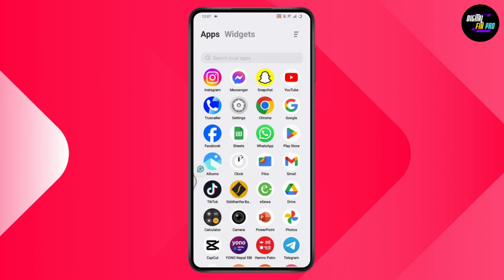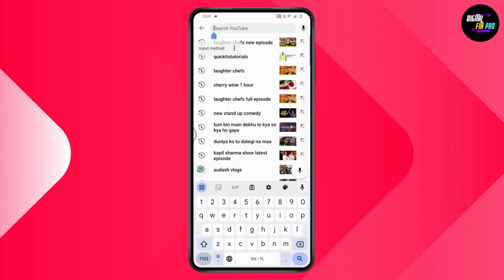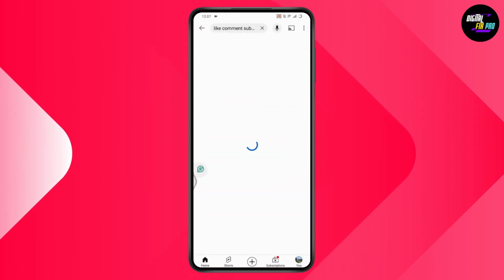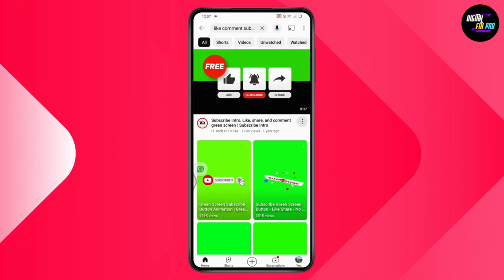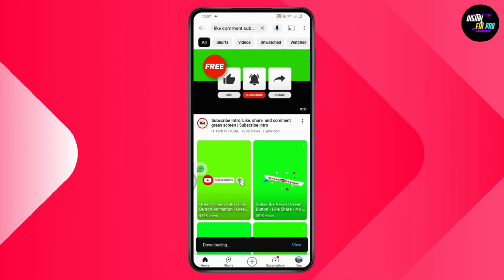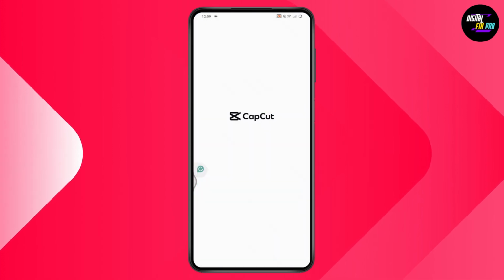first you just need to simply open up your YouTube application and then go with the search, and under search you need to search for like, comment, subscribe, green button. And once you search for that, here you will have the download option. Simply download the video. Once you've downloaded, now you just need to simply open up your CapCut application and then